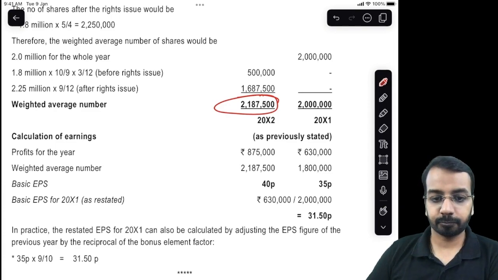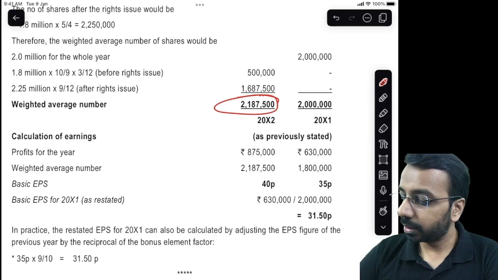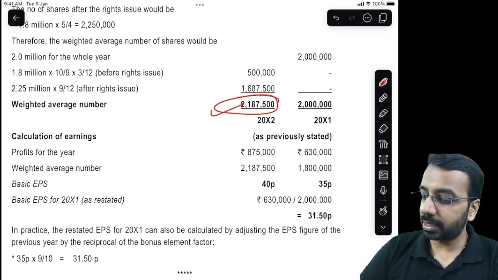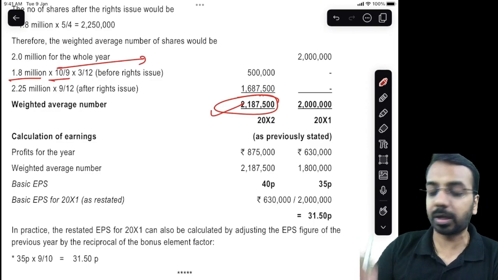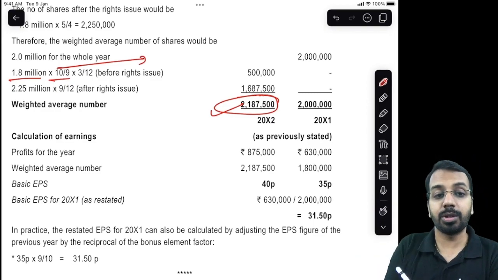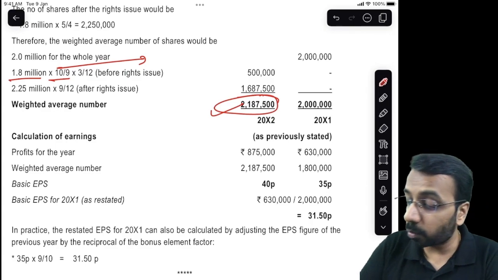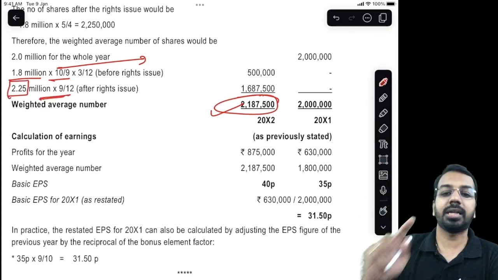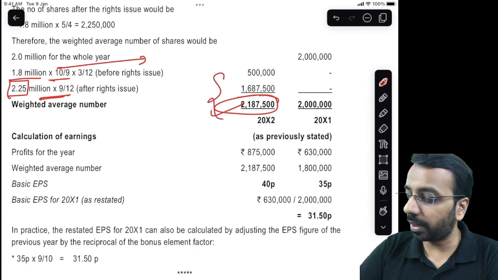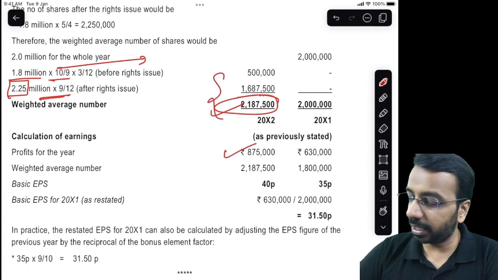Again, I am repeating, 18 lakhs into 10 by 9. Why are we adjusting this bonus element? Because the bonus component has to be adjusted from the beginning of the period. Sir, why are we not doing 10 by 9 here? Because this 22,50,000 includes both bonus shares and paid shares. Okay, so this is 21,87,500, and profit for the year is given, weighted average number we calculated, so EPS is